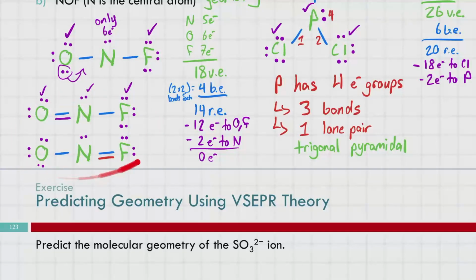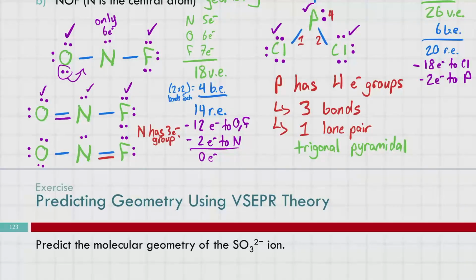Okay, so now that we've got this, let's look at our central atom. What's our central atom? Central atom is nitrogen. How many groups does it have? How many electron groups does it have on it? How many separate clusters of electrons? 3. So a double bond is 4 electrons, but they're all in one group, so it counts as one group. So double bonds count as one group. Triple bonds also count as one group. So it has 3